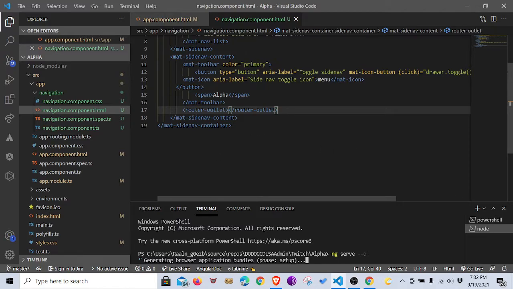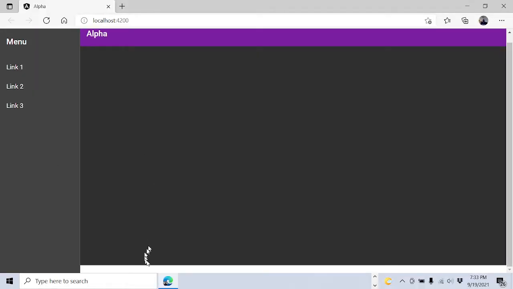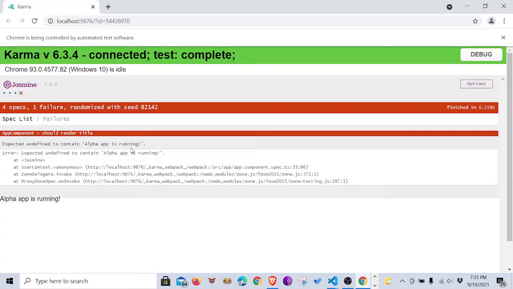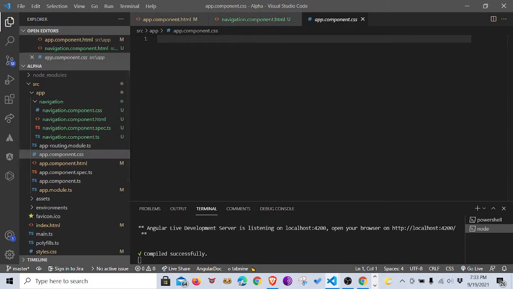And part of me kind of hates making you wait while I wait, but I mean it might be useful to know how long I'm waiting. So this is what it looks like when the page is reloaded and the styles are applied. And you can see here, if you scroll down, that alpha app is running. That is here, but you can't see it. But in order to make this go away, I'm going to make a couple of changes. So first I'm going to say, in my app component CSS,